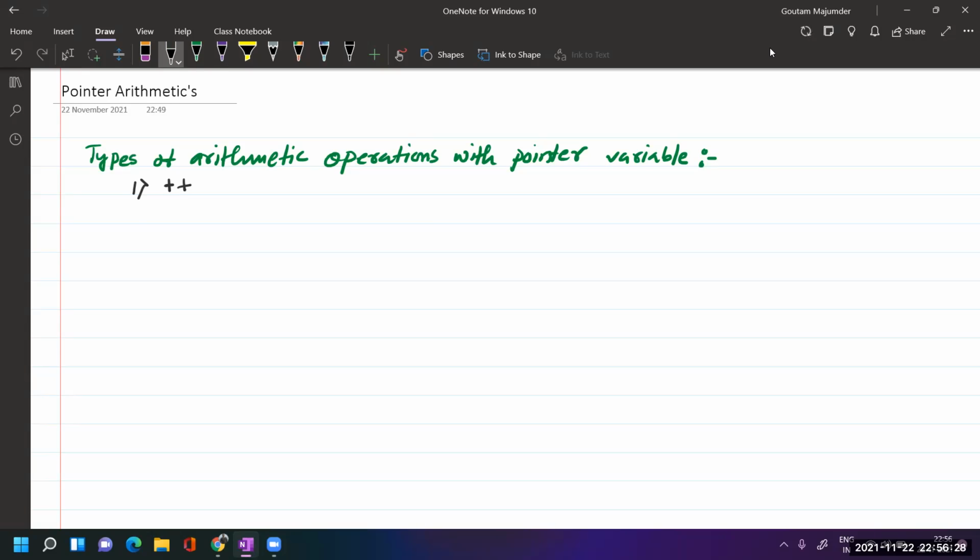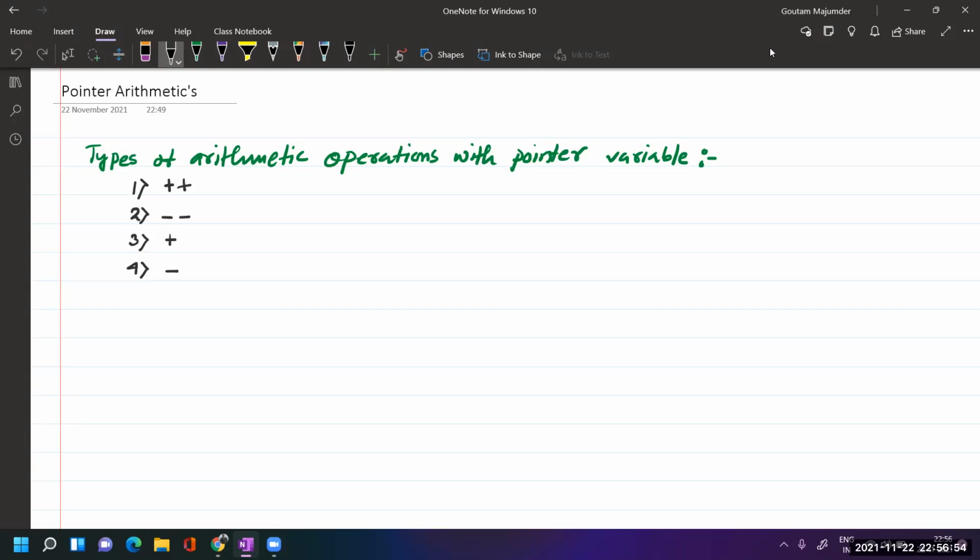Second, the decrement operation. Third, addition. And the fourth, subtraction. These are the arithmetic operations that we can perform with a pointer variable.